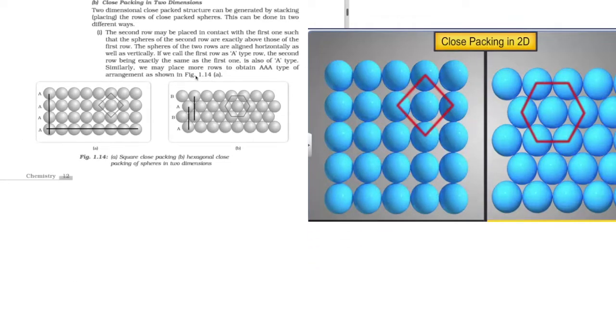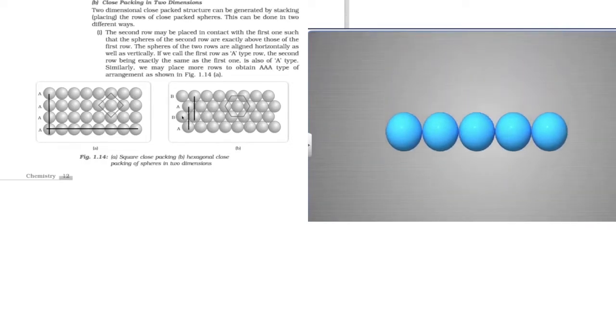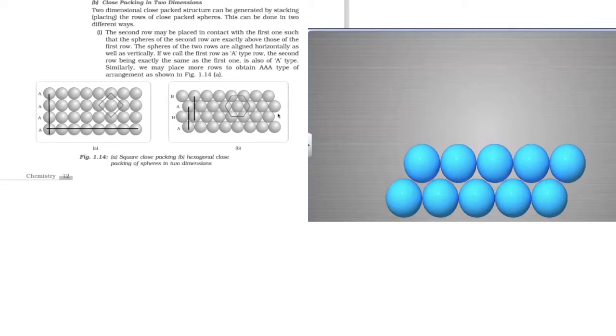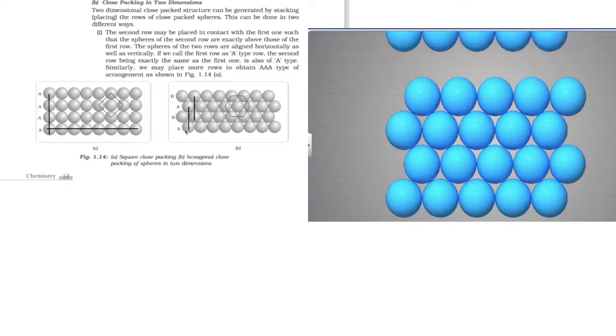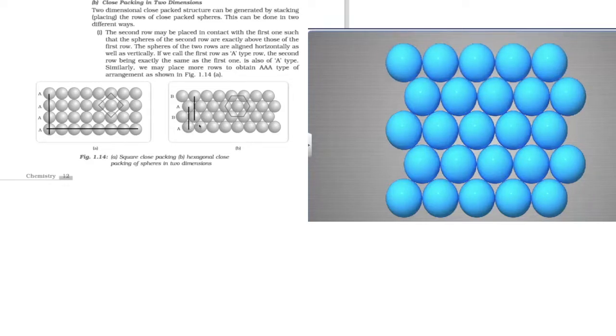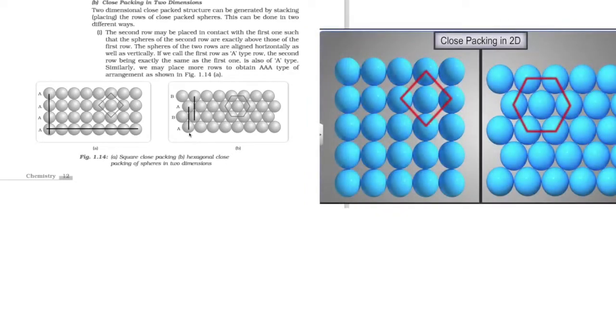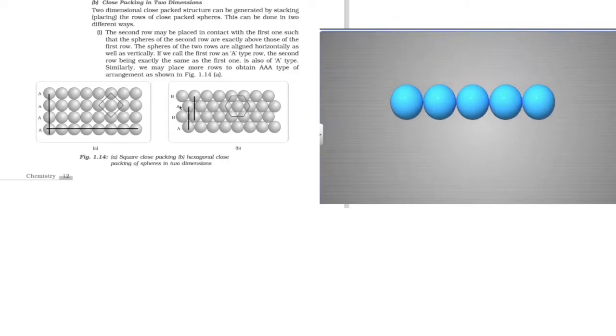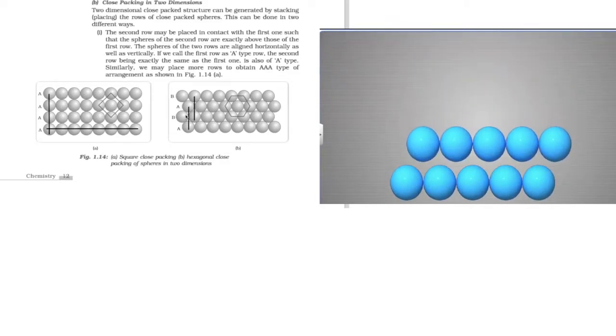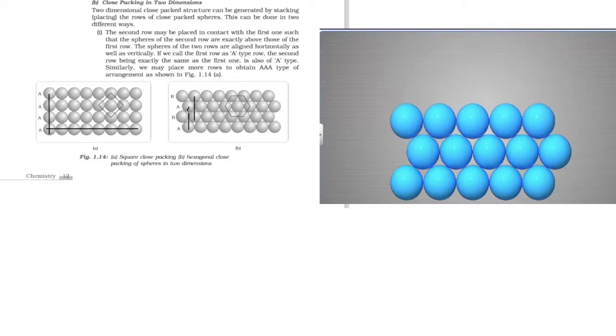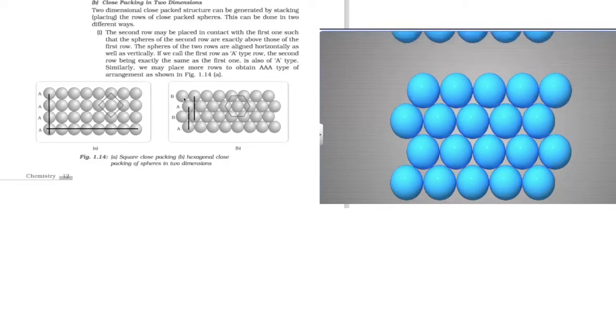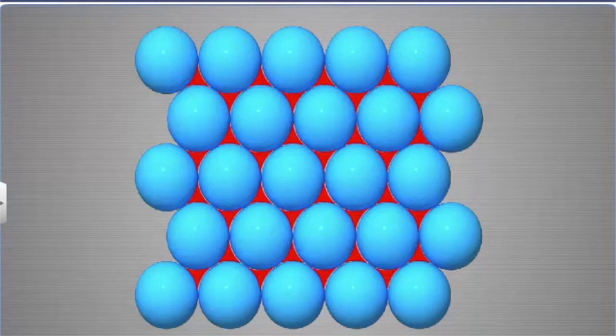In 2-dimensional hexagonal close packed layers, the second row of the spheres are arranged in such a way that the particles of the second row are placed in the depression of the first row. Now try to understand it again, that if we call the first row as A, then the second row will be B, and again the particles will be arranged in the depression of the second row, then the third row will be called as A and fourth row will be as B. So this type of arrangement is known as AB type of arrangement.